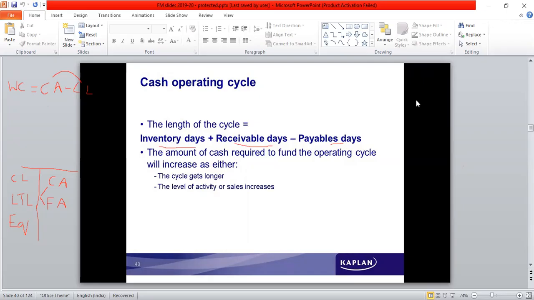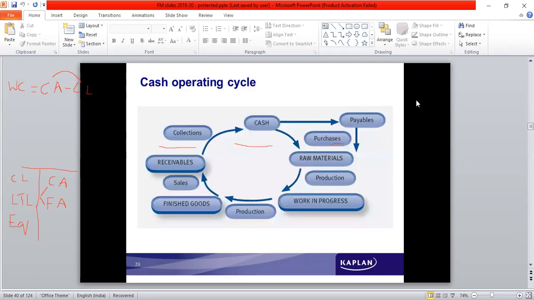So let's say that they have raised a bank loan to be invested in the operating cycle. The amount of loan which is taken is invested, and now the cycle goes on. The cash amount which is invested then gets converted. So let's say that initially it takes only 2 months.